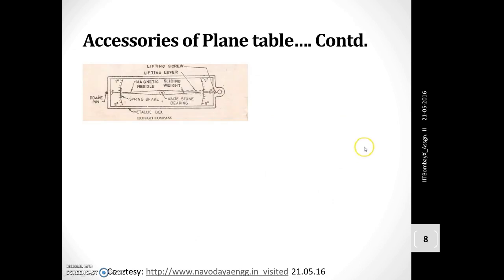In addition, certain accessories are essential. This one is the Trough compass. As you see, it provides a magnetic needle covered with a glass cover, and the whole assembly is used to plot the north as well as to facilitate orientation of the plane table.